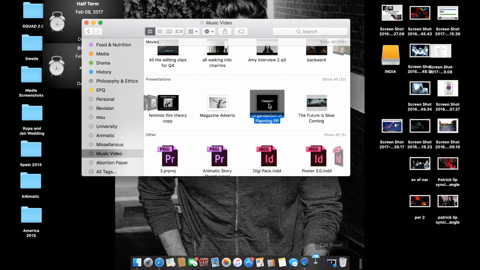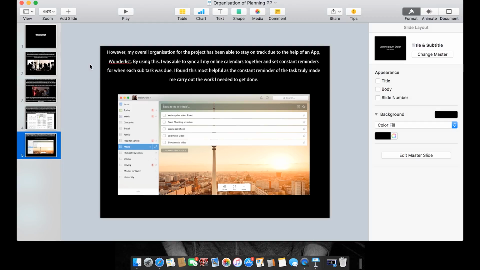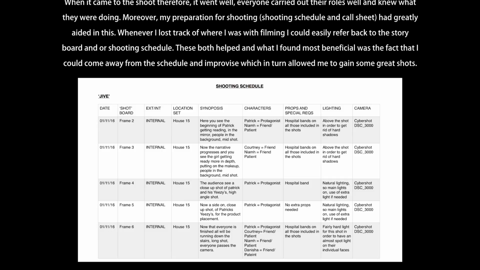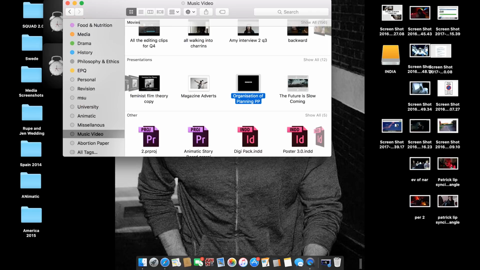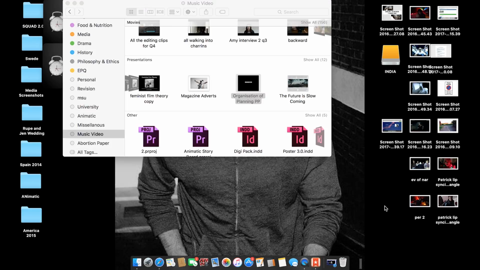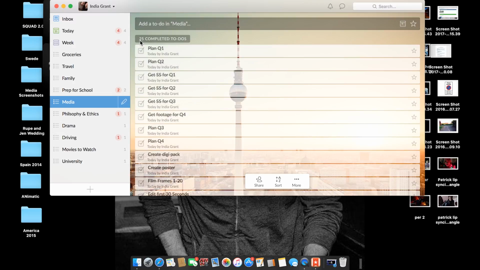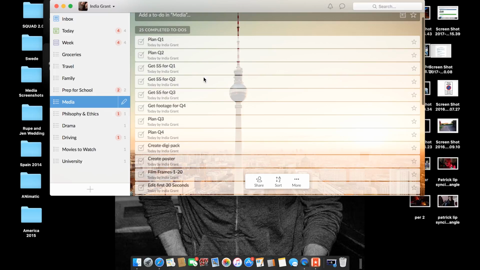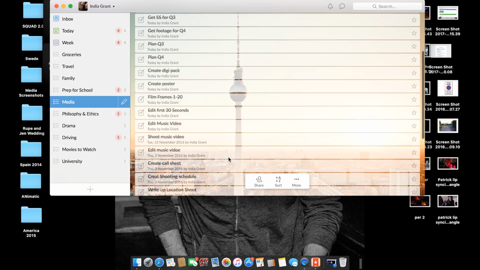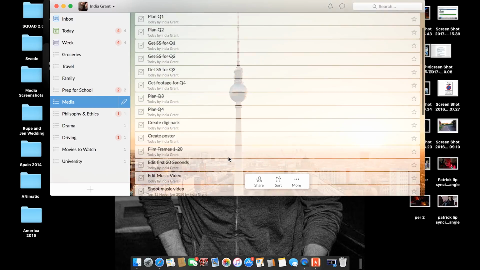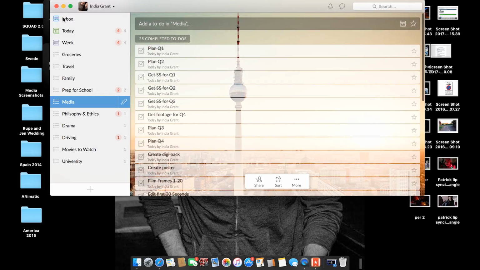Therefore, when it came to planning, I found the basic media technologies such as Mac Pages and Keynote effective in ensuring that I created a logical and achievable plan when it came to shooting, editing and creating my ancillary tasks. However, in order to further this effect, I also used the free app Wunderlist, which synced with my laptop and phone, in which I created mini deadlines for all of my media planning tasks. By using this, the enormity of filming and editing my video decreased significantly. When filming, I'd set tasks such as film frames 1 to 20 and edit 30 seconds of the video per day. This was then most beneficial as it stopped me from panicking about the task ahead.